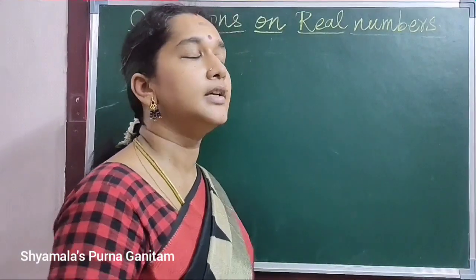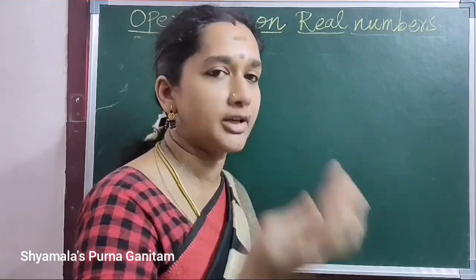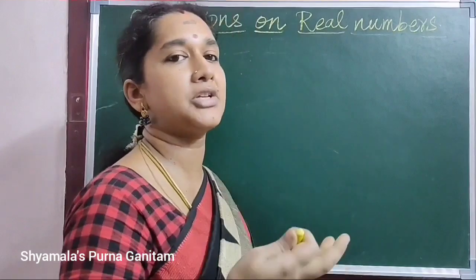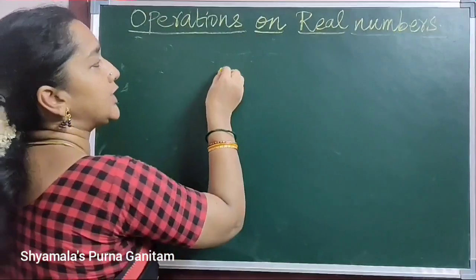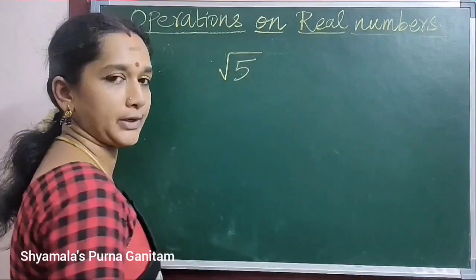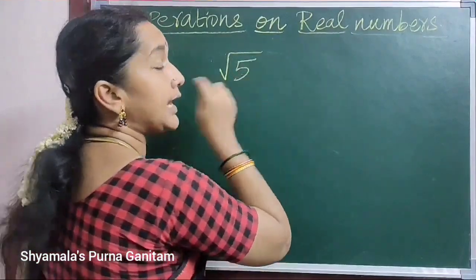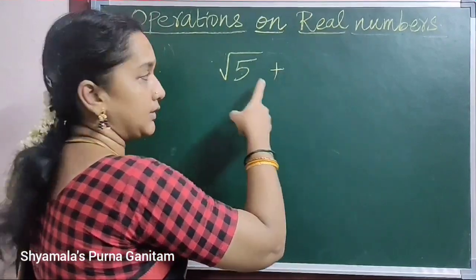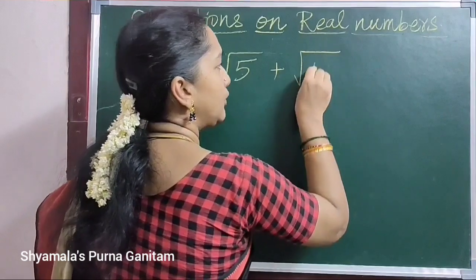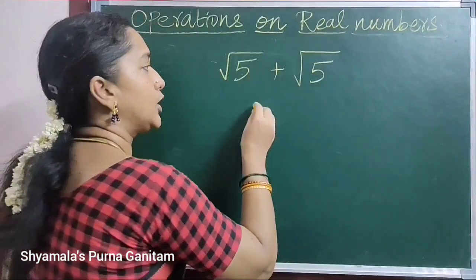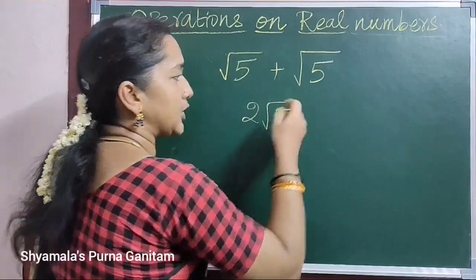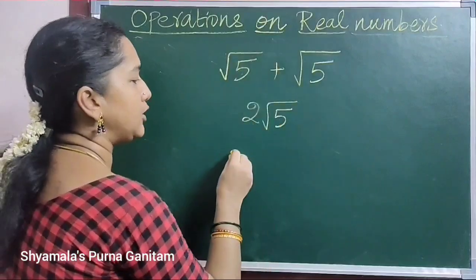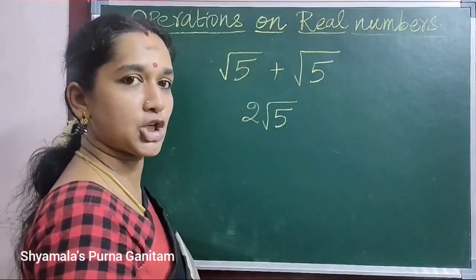Okay, then the third point what I said, when we add, subtract, multiply or divide two irrational numbers, that may be irrational or rational. For that I will give an example. So this one is root 5. What number is this? This is an irrational number. Okay, first we will do it with addition. So root 5 plus root 5. What you will get? You will get an irrational only. Both these are irrational numbers. The answer you are getting is irrational. Same thing you can do for subtraction also.